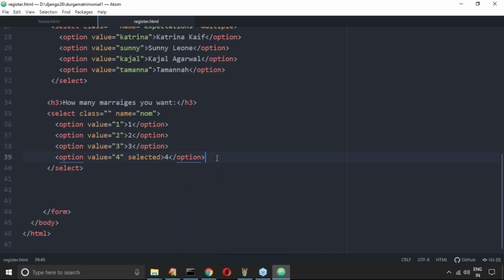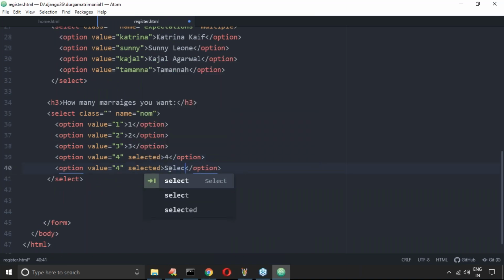I'm trying to take "select any one", okay, selected. Here none. If he selects this one, then none will go, something like that.